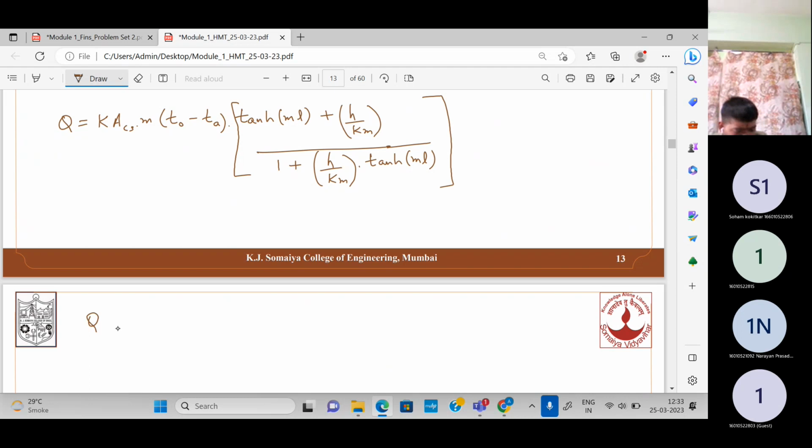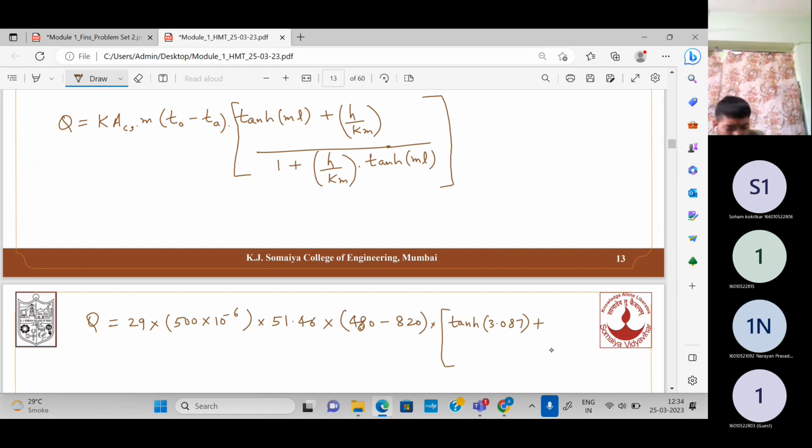So heat dissipation, what is the value of k? It is 29, cross sectional area it is 500 into 10 to the power minus 6, into the value of m that we found, that is 51.46, into T naught minus T A, where T naught is 480 minus 820, into tanh ml. The value of tanh ml we have already found, it is 3.087